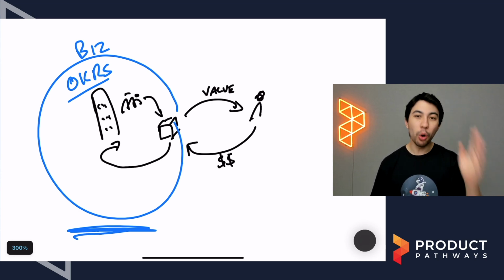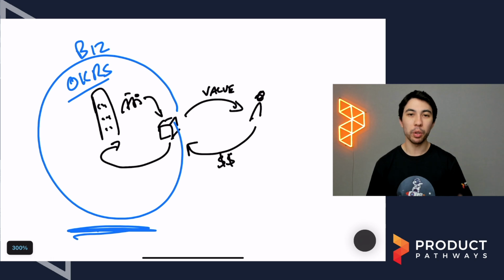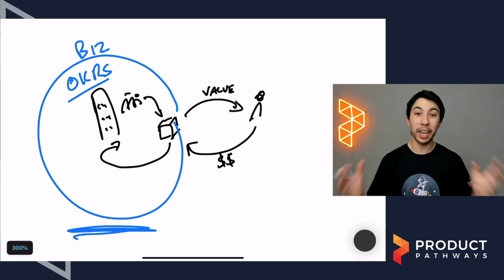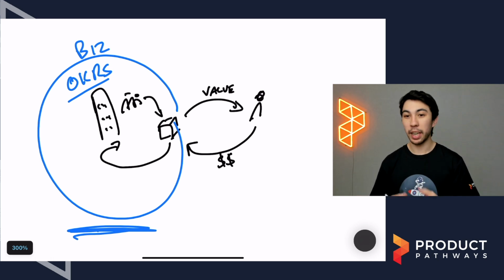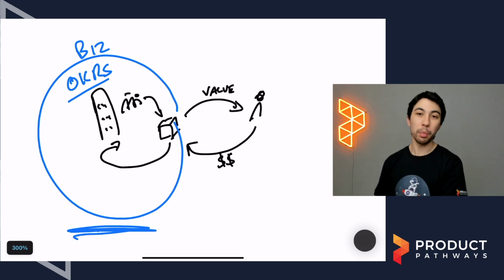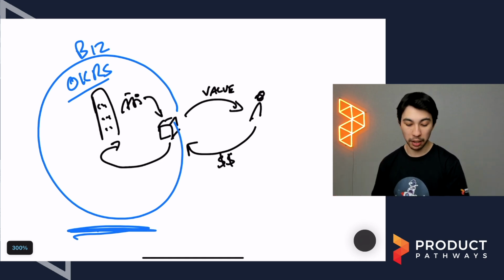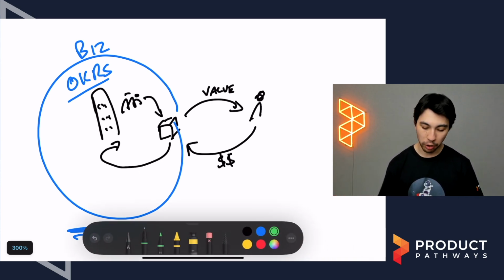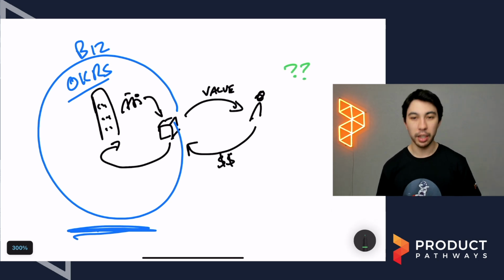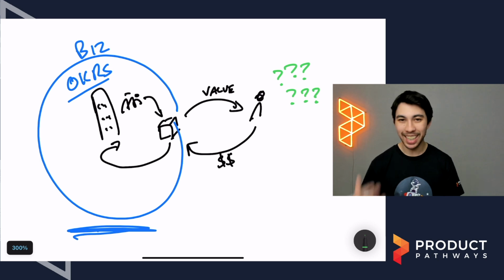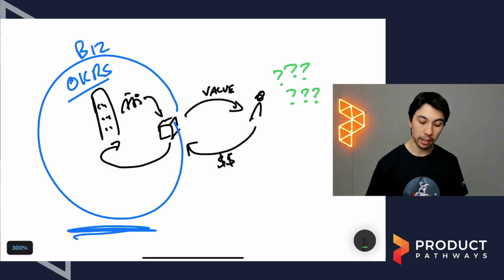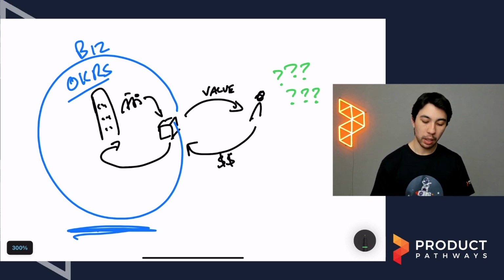But if we only focus on these things, we can fall into the trap of the whole build it and they will come. We become too insular. We look at ourselves, we set our own targets and our own goals, and then we build a whole bunch of stuff and do a whole bunch of stuff in the hope that it's going to achieve that. But we have completely forgotten and neglected this side of the fence. And without any insight and without any measurements against this side of the fence, the whole thing fails. You might have success in the short term, but it will fail in the long term.